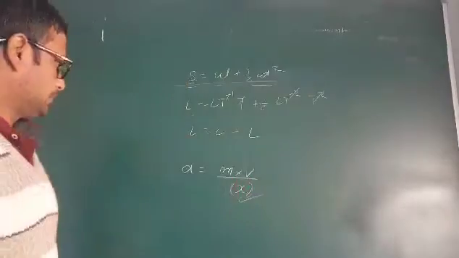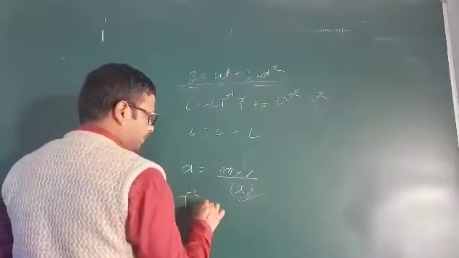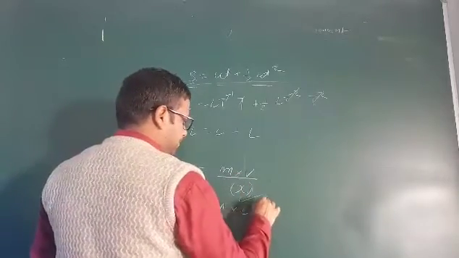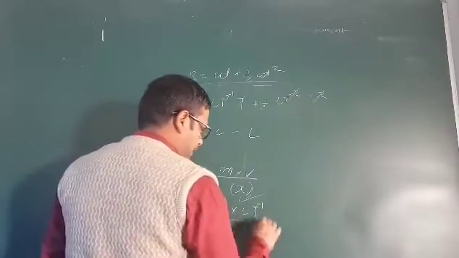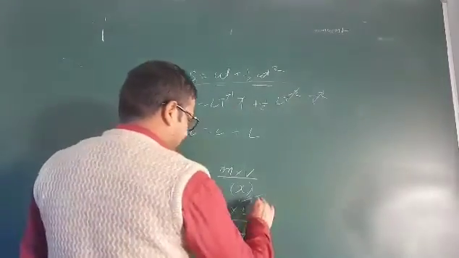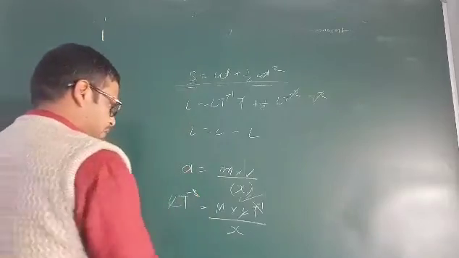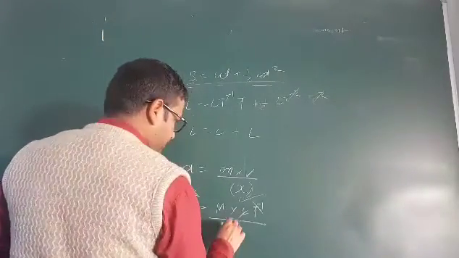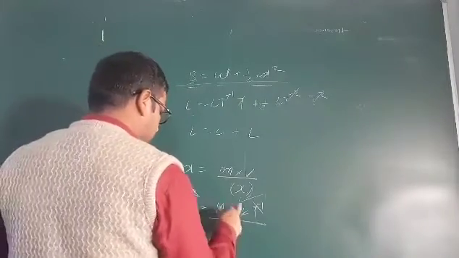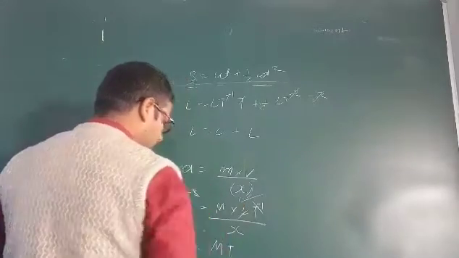You know very well the dimension of acceleration is L T^-2. Dimension of mass is M. Dimension of velocity is L T^-1 upon x. I don't know what the dimension of x is. Just solve it. T^-1 will be 1, minus cancelled. L will be cancelled. Now x is equal to M, and T^-1 will be in the denominator. Now it comes to the denominator, so x is M T.